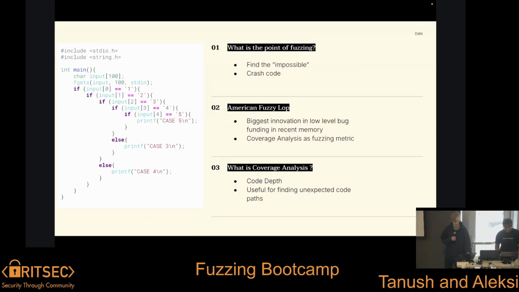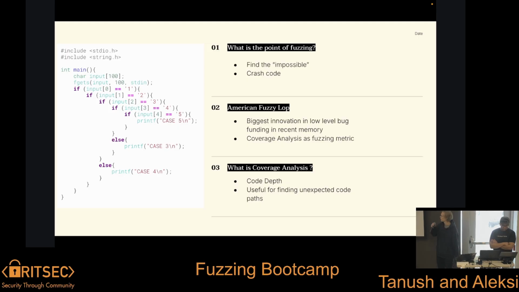Okay, so what is fuzzing? Or I guess what is the point of fuzzing? The point of fuzzing is to find otherwise "impossible" to find bugs by basically just throwing random or semi-random input at a program and waiting for a crash, or maybe hoping as well. Typically you test anywhere from thousands to millions of inputs. In low level languages such as C, a crash usually indicates some sort of memory corruption, which is potentially exploitable and interesting.